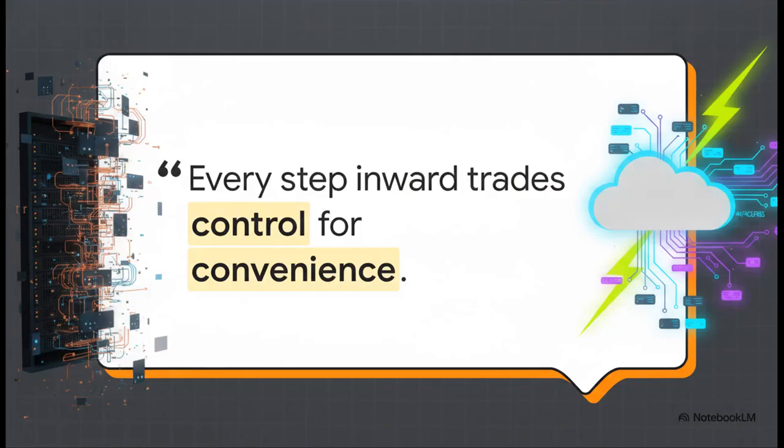It all boils down to one golden rule. Every step inward trades control for convenience. You are actively choosing to give up decisions you'd honestly rather not make, like figuring out how to update a server's security firewall at midnight, in exchange for the speed and agility you'd much rather have. It is a deliberate, strategic swap of ultimate control for ultimate efficiency.